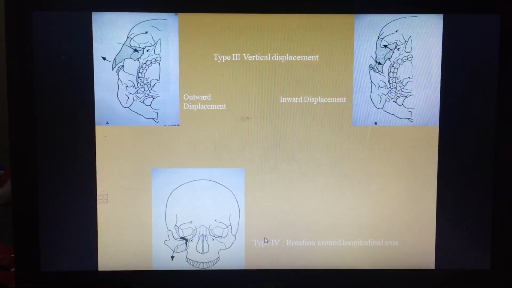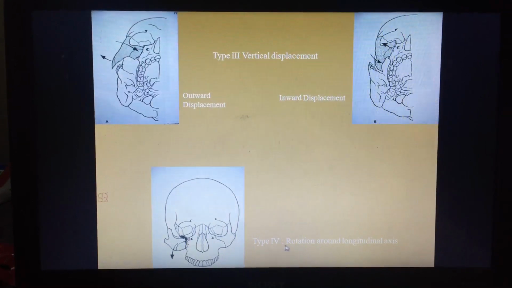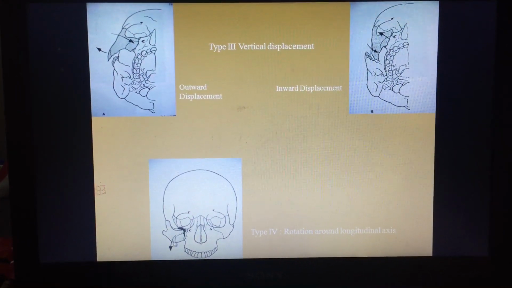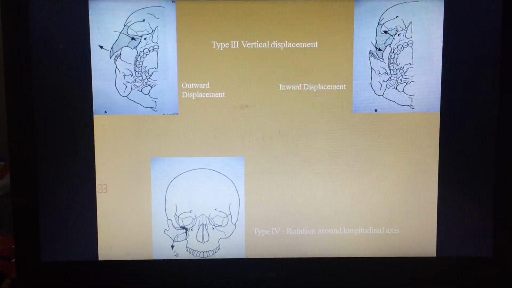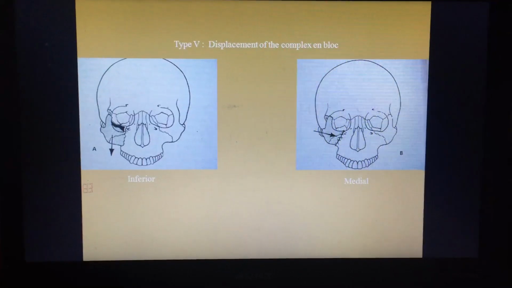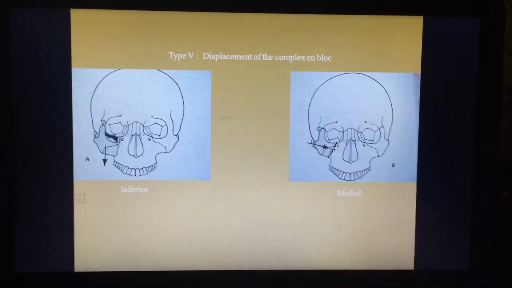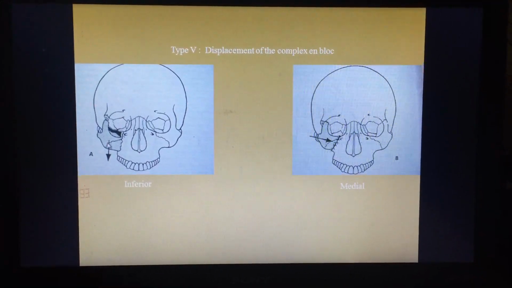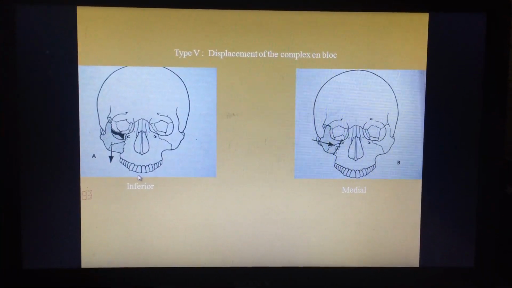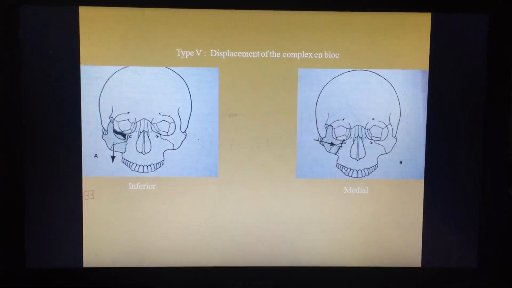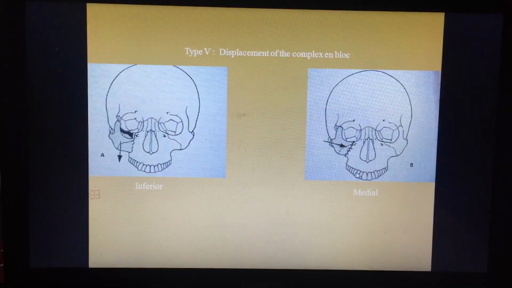In type 4 fractures of the zygoma, there is rotation around the longitudinal axis, and here the zygomatic bone is toppled down in the direction of the arrow. Type 4 displacement of complex en bloc, that means that is the inferior displacement. The bone has been inferiorly displaced, all as a content bone, or it can be medially displaced